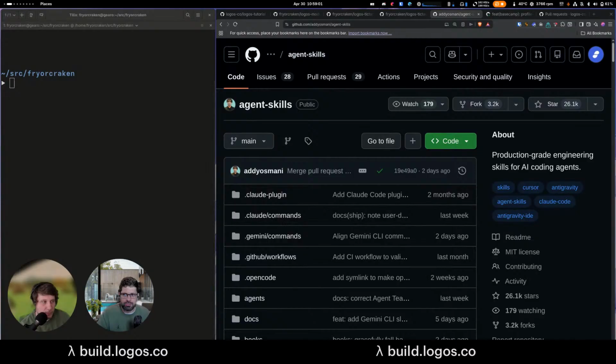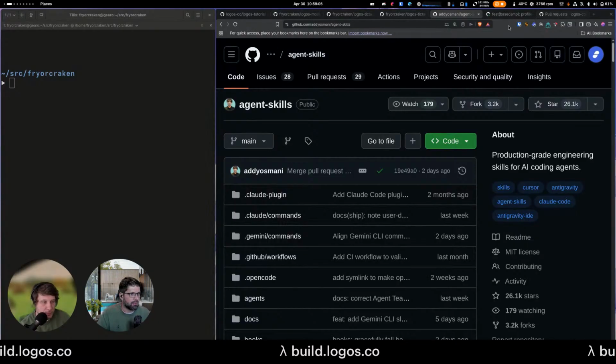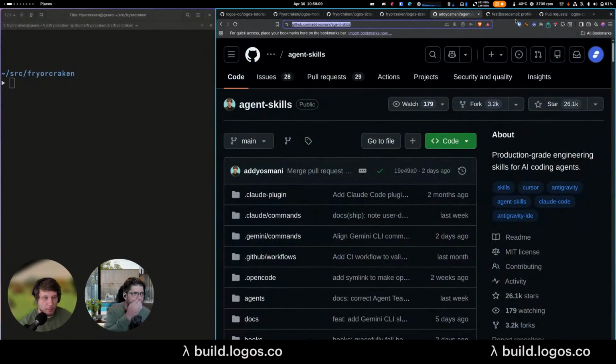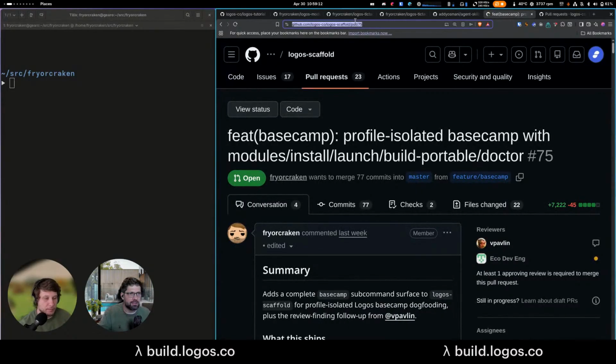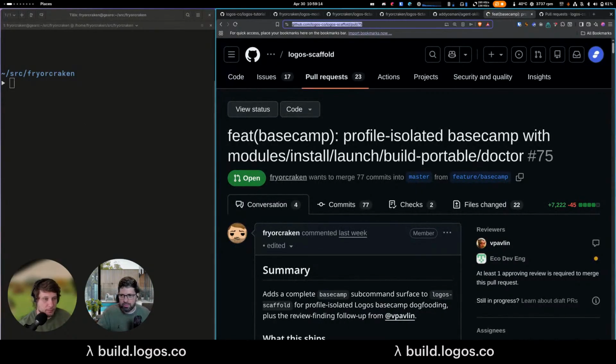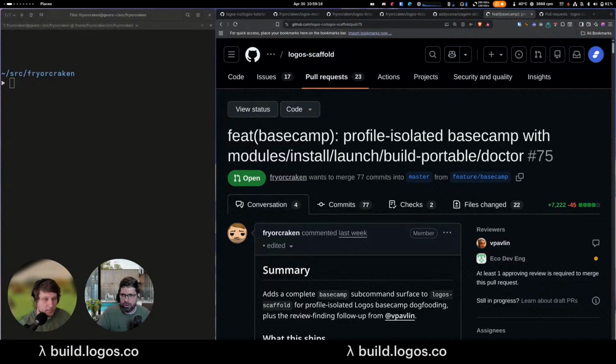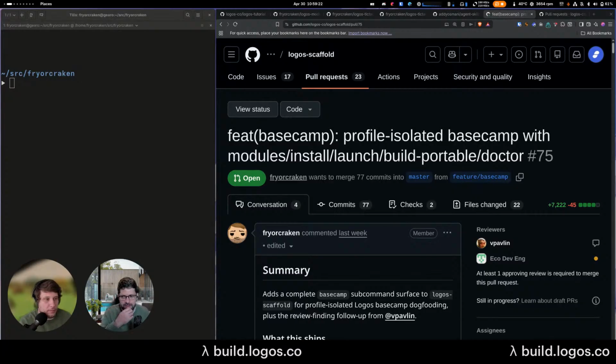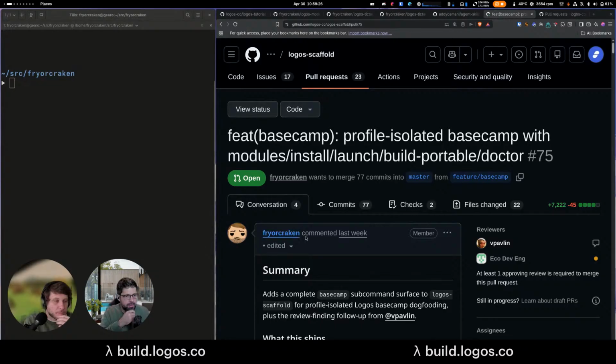So I quite like this one, so I'm sharing that. And I'm going to take some risk and play with a recent change I've done on Scaffold. So here's a PR. Scaffold is one of our dev toolkits. Right now, Scaffold is mostly useful for blockchain development, for LEZ program development. But I just added a feature here, which is